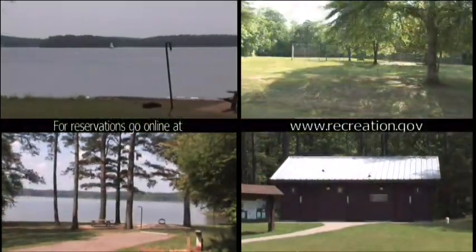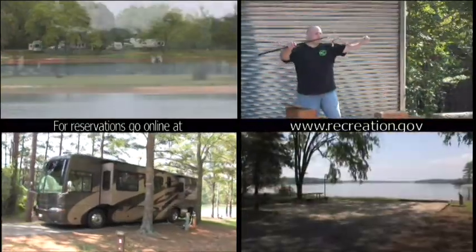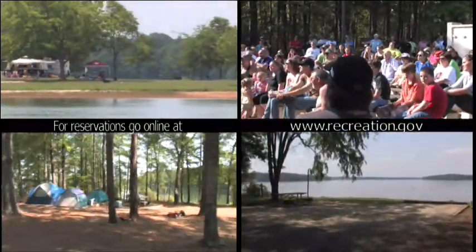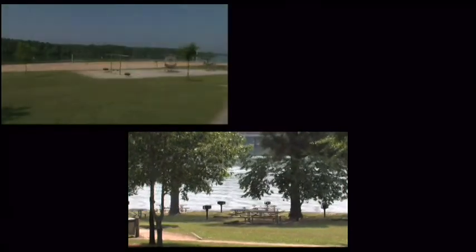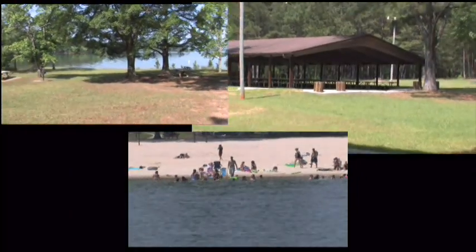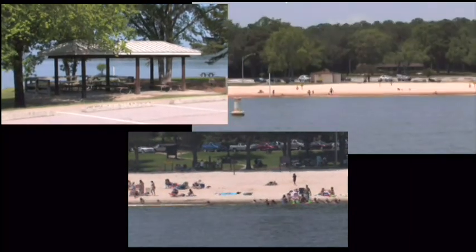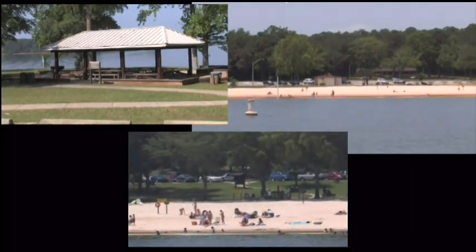West Point Lake offers a variety of recreational opportunities. With 4 complete campgrounds and over 21 day-use parks, the U.S. Army Corps of Engineers also operates 3 beach areas at Earl Cook, Rocky Point, and Yellow Jacket. For the 2017 season, the beaches will be open from May 20th through the 4th of